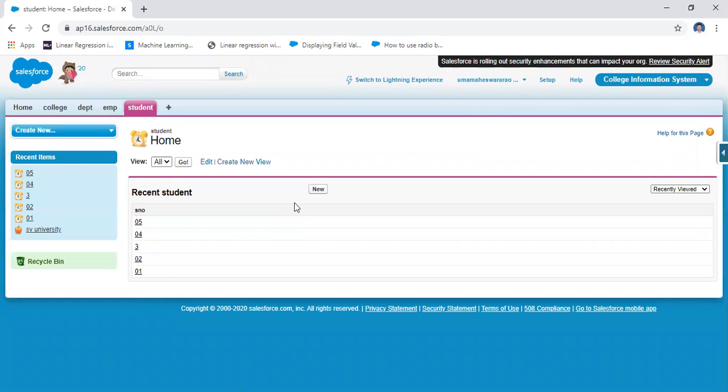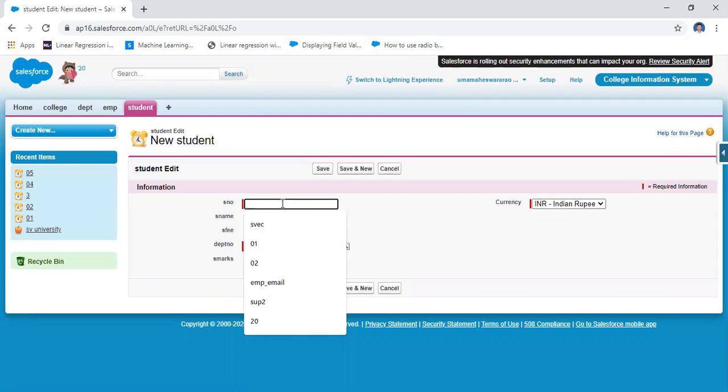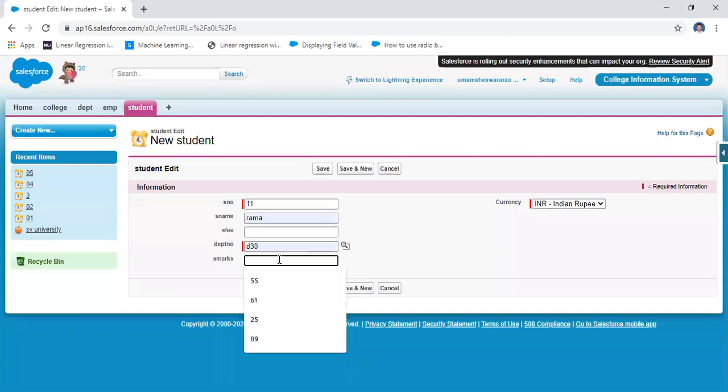That means previously, if you attempt to add, for example, student number, let us assume more than 10, 11, student name same Rama, and then I'm not adding any fee here, and then student department 30, and then student marks here 78.